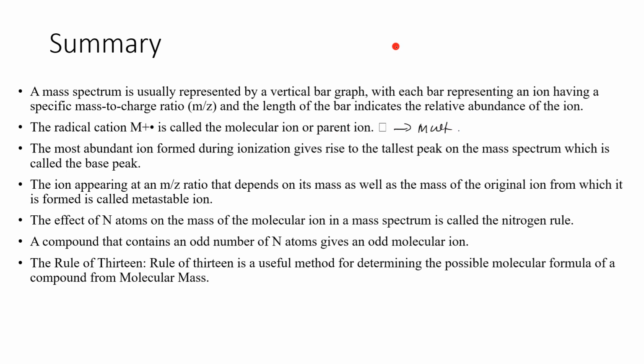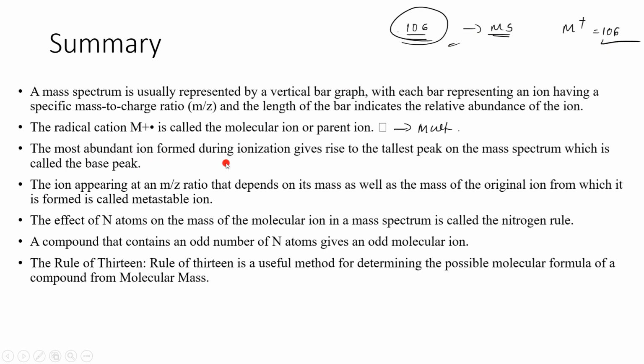Suppose you have synthesized something and you want to confirm that whatever you have synthesized is the same. Suppose hypothetically on paper you know the molecular weight is 106. So the first thing the researcher does is take its mass spectra to check whether you are getting the M plus ion peak at 106. If you're getting it at 106, then boom, yes, you are successful in your reaction. If you're not getting it at 106, that means something else is formed. Then again he has to go back to do the table work and synthesize it again. So this is how it works in research.